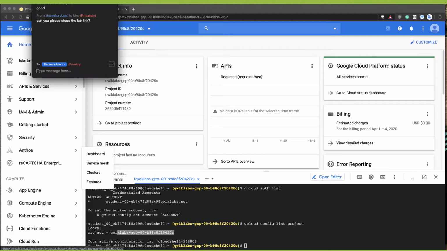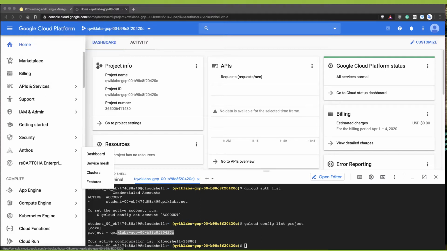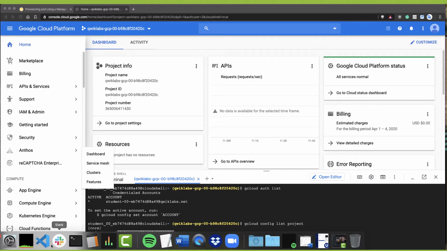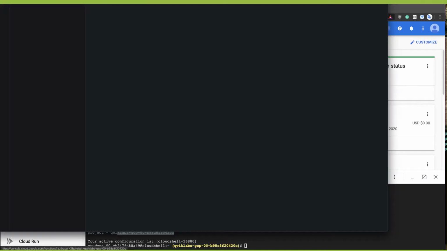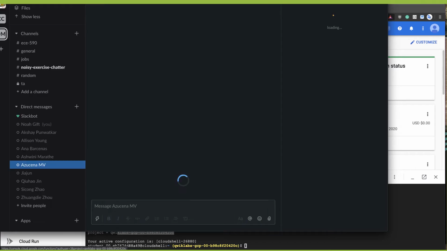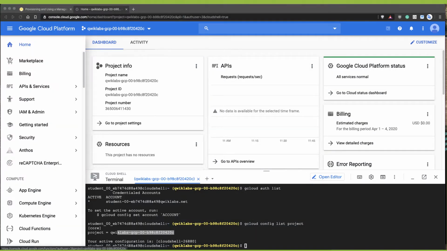Let's see here, we've got another question. Oh, the lab. So the lab that I'm going to be using here is going to be, I can open this up and put this into chat here as well. Let's go to here, put this in. That's the lab I'm working on. If you just check it, Slack here. So